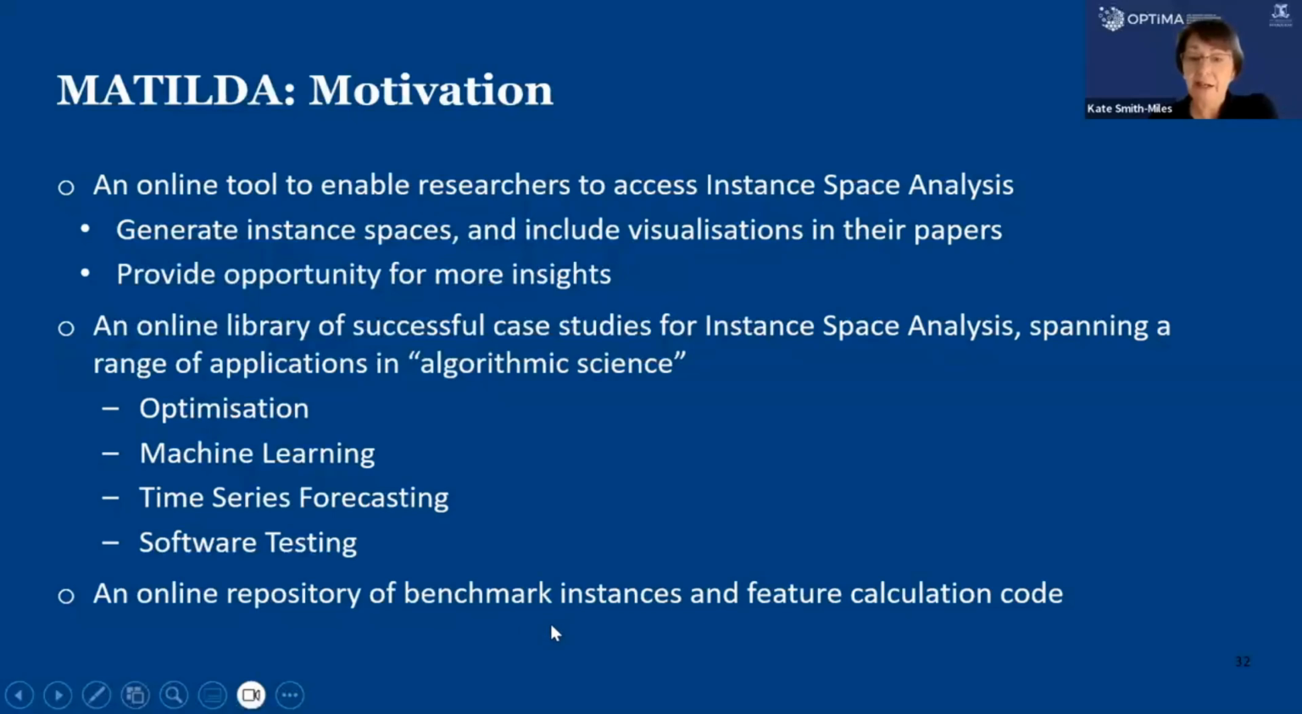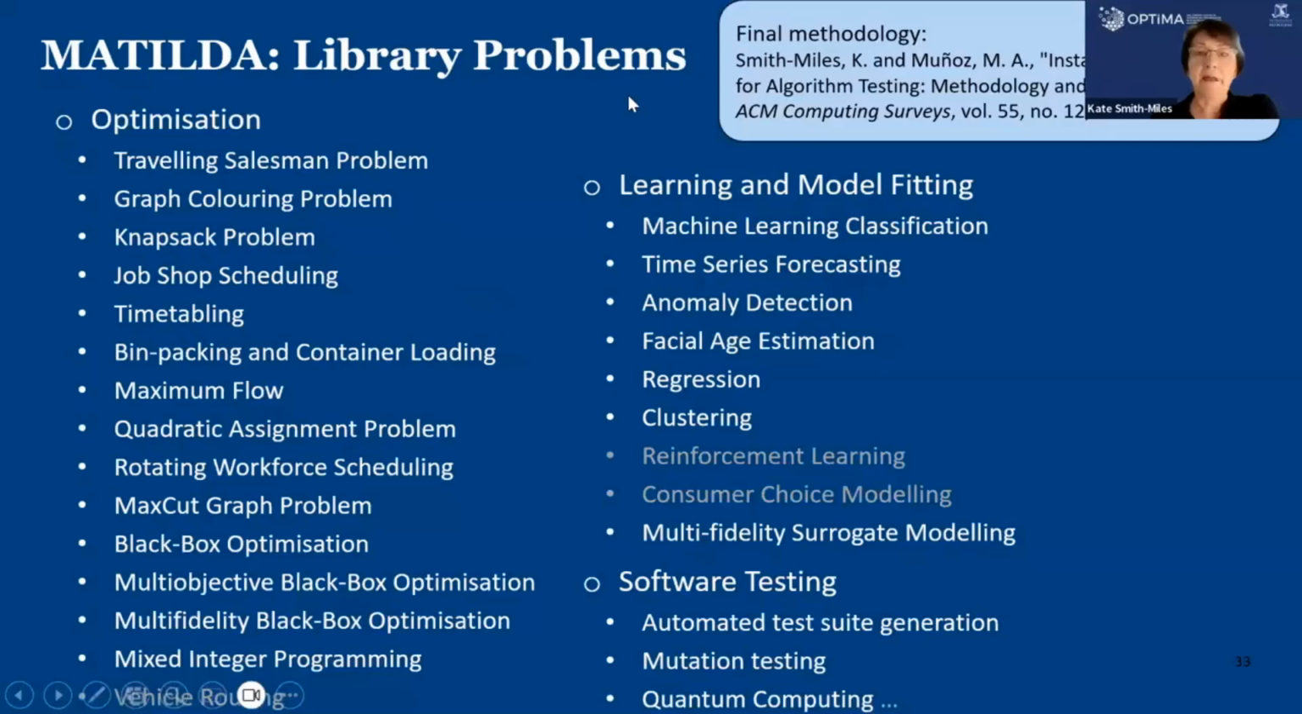You can download the benchmark instances that we generate when we create an instance space and we fill it. We're sharing those instances as well. These are some of the optimization problems that we've studied. The ones in grey are coming. The final methodology is in the ACM Computing Surveys paper, and